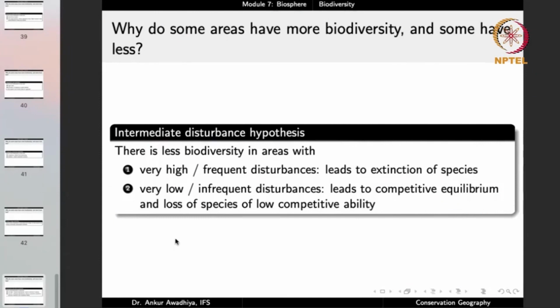So this leads to competitive equilibrium and loss of species of low competitive ability. But those areas where the disturbances are intermediate, neither very high nor very low, will have a greater amount of biodiversity. In this way, we can explain different amounts of biodiversity in different areas, and this is another correlation of biodiversity with